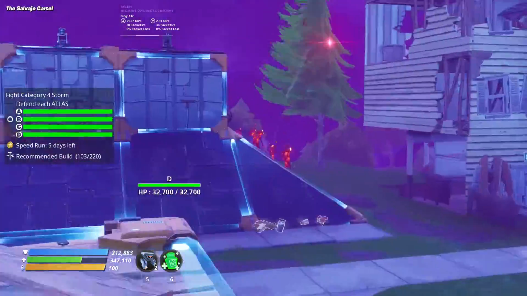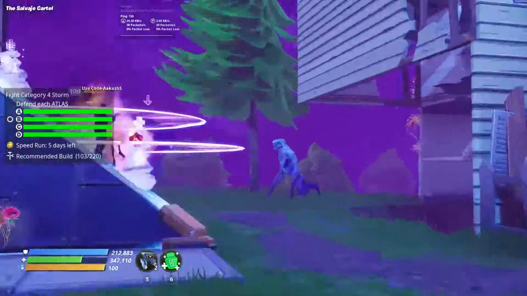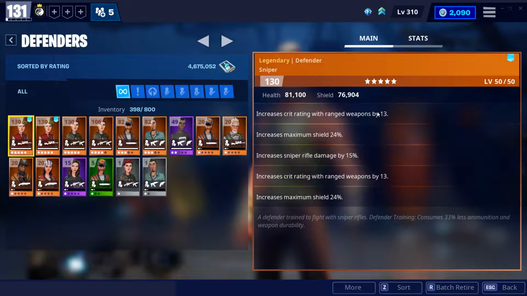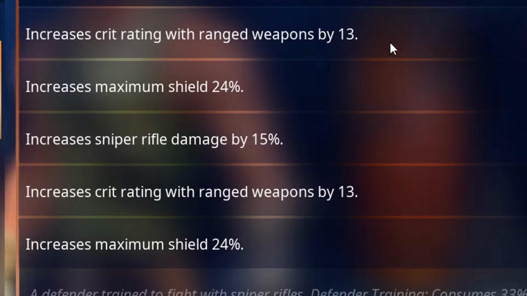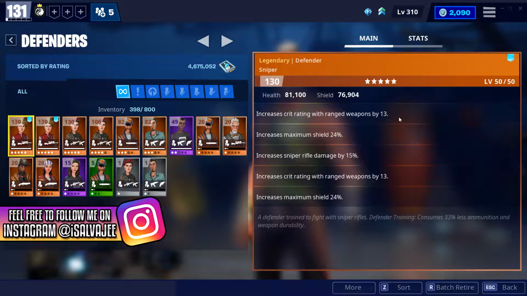So with that said, let's talk about some of the perks that I recommend for sniper defenders. So let's talk about this defender that I have right here. It has 2 crit rating perks, right? And the reason for that is because I'm going to be giving this sniper defender, for the most part, my Obliterator sniper rifle. Like that, of course, my sniper defender can land more shots with the Obliterator that are crit